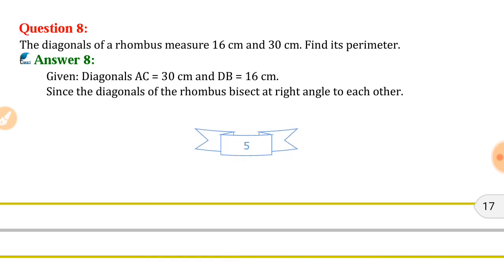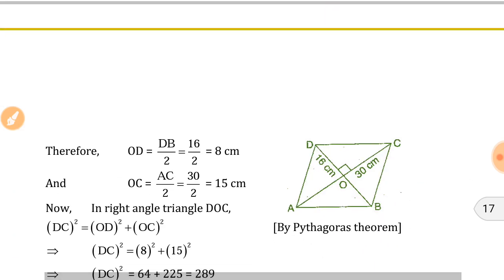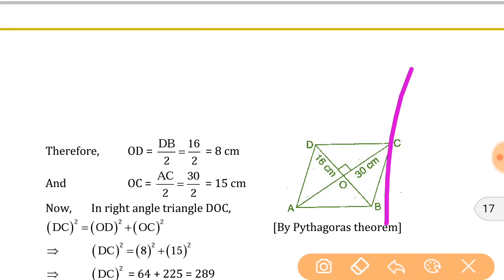The question number 8, the diagonals of a rhombus measure 16 centimeter and 30 centimeter. Find its perimeter. See, diagonal means, you know that all the sides are equal and the diagonals are perpendicular, creating a 90 degree at the center. So diagonal is given means, see, ABCD is a rhombus means this is perpendicular, means here are the right angle triangles. These all are right angle triangles. And also it divides equally means this is 16 centimeter, this is 30 centimeter. Keep it in mind. If you calculate once, you can get the other values.